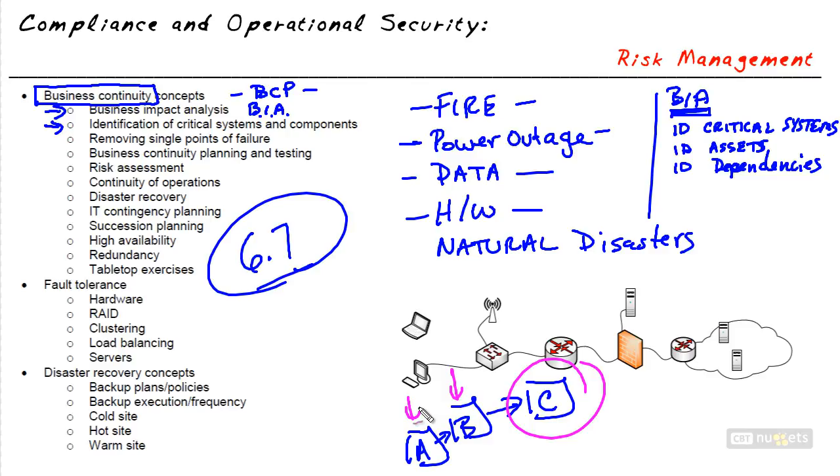And then as we formally put a plan together that we can use in the event of an incident, what we would do is implement some solution to make sure C gets up and also B and A, because they're all critical to the overall business continuity, for the ability for the organization to stay in business.